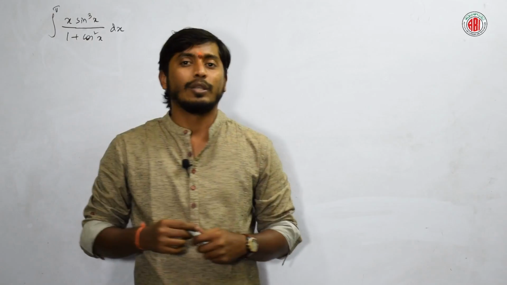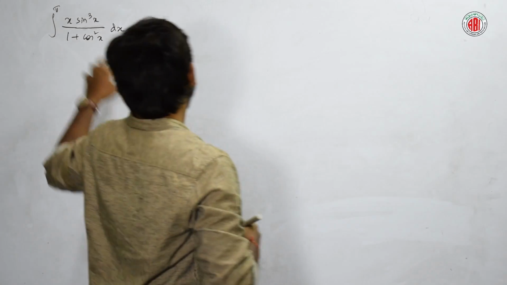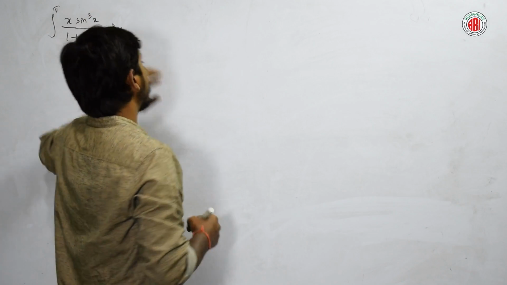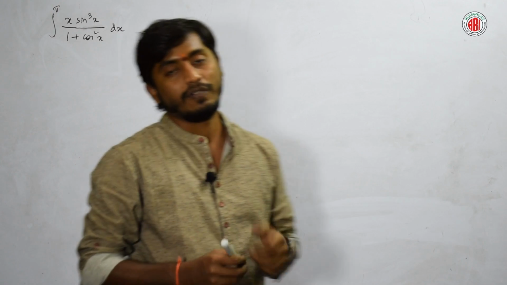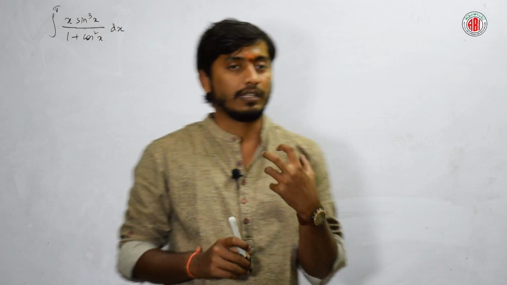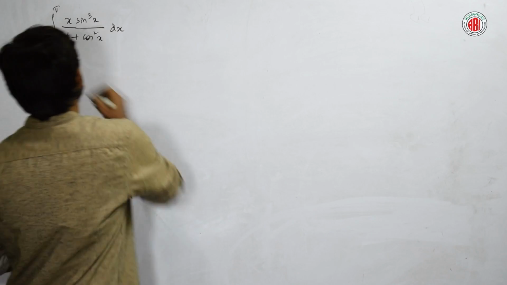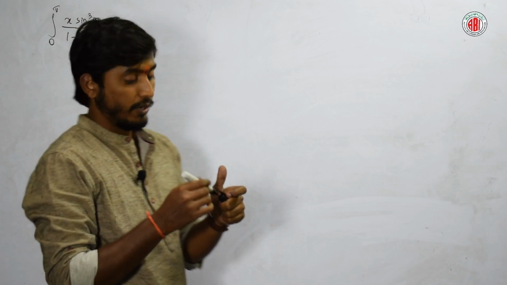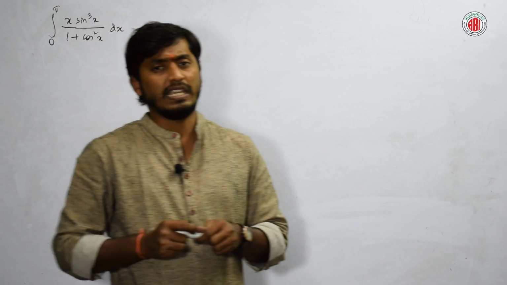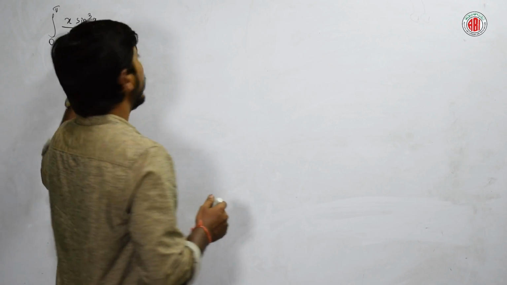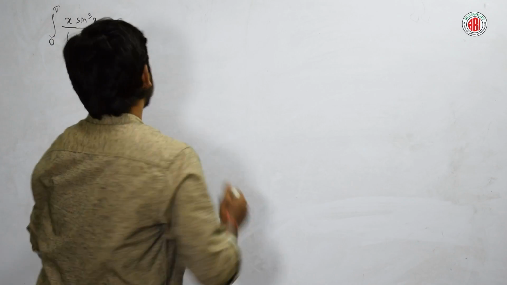Let's do. Look at the question here. He gave the integral of x sin cube x by 1 plus cos square x dx. So, how do we solve it? That is either using the relation or something you have to do. How do we do it? Just think. Shall we use the properties of definite integrals?